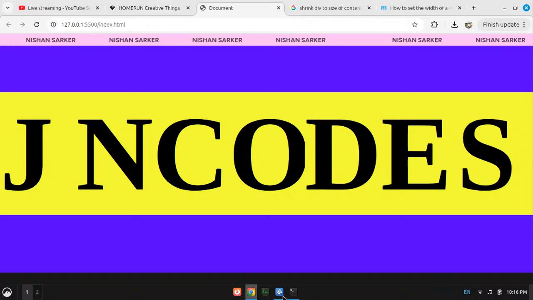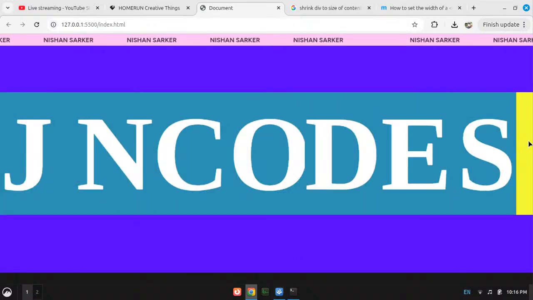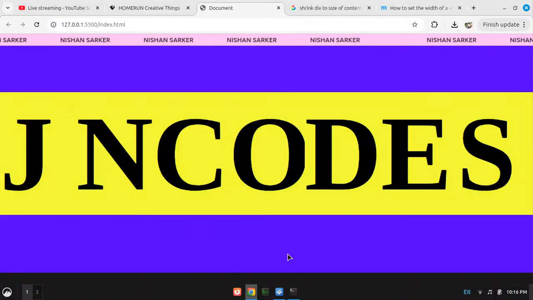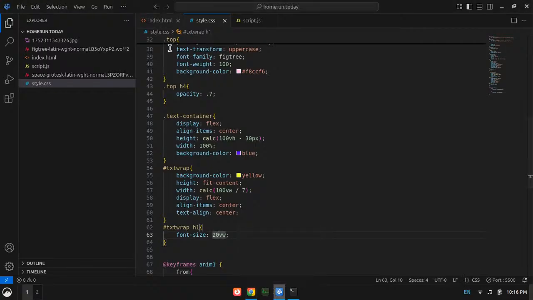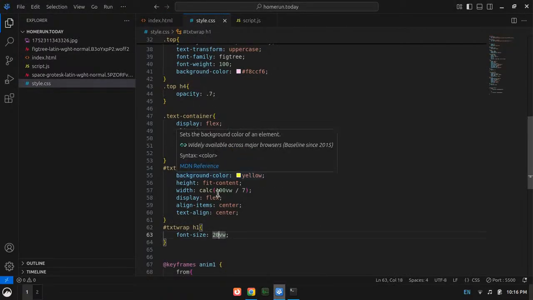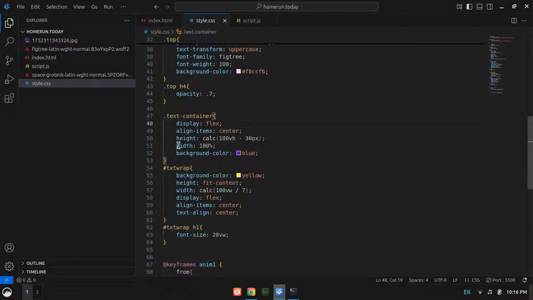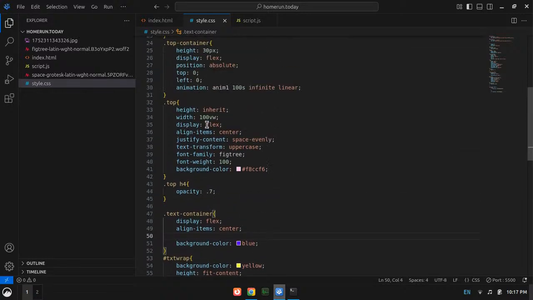So what I need to do is this whole thing. Okay, actually, you know what? I think instead of giving the text container the height and width, I should give it to the rest content, right? Where is the rest content?